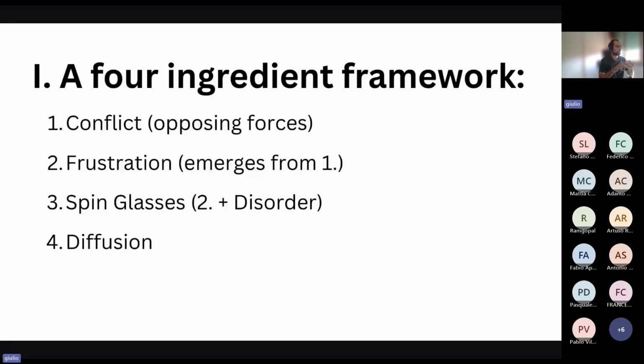So we start with the first part, a bit of a didactical and inspirational introduction of the few concepts that I will mention in the second one. In particular, the core concept that we need is the concept of conflict. How do we encode it? How do we represent it for a system? How does frustration emerge when you represent conflict? And how is this linked to spin glass theory? And finally, how diffusion is used in discrete systems to probe their structure and tell something about the properties coming from the structure itself.